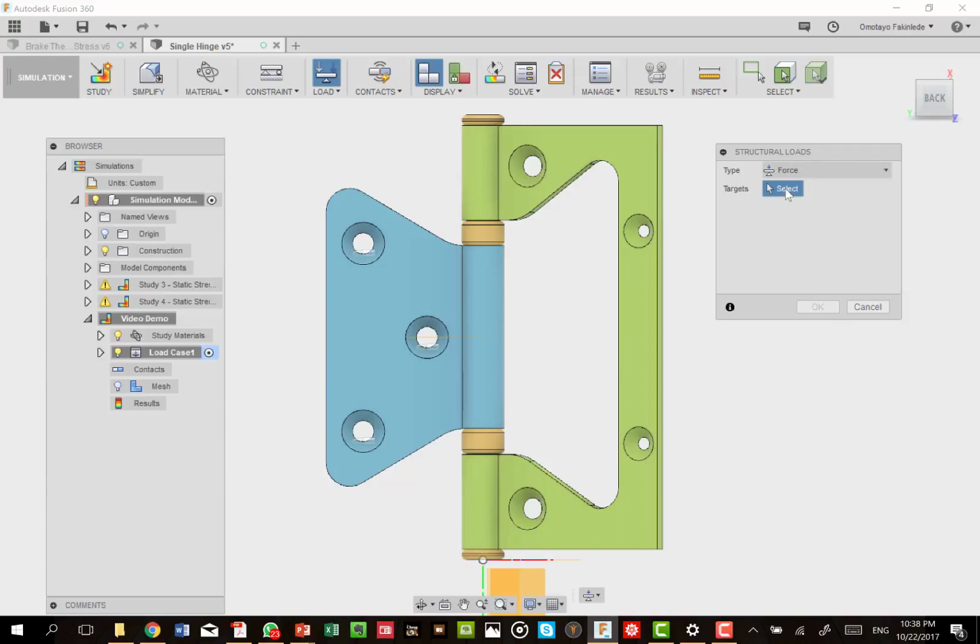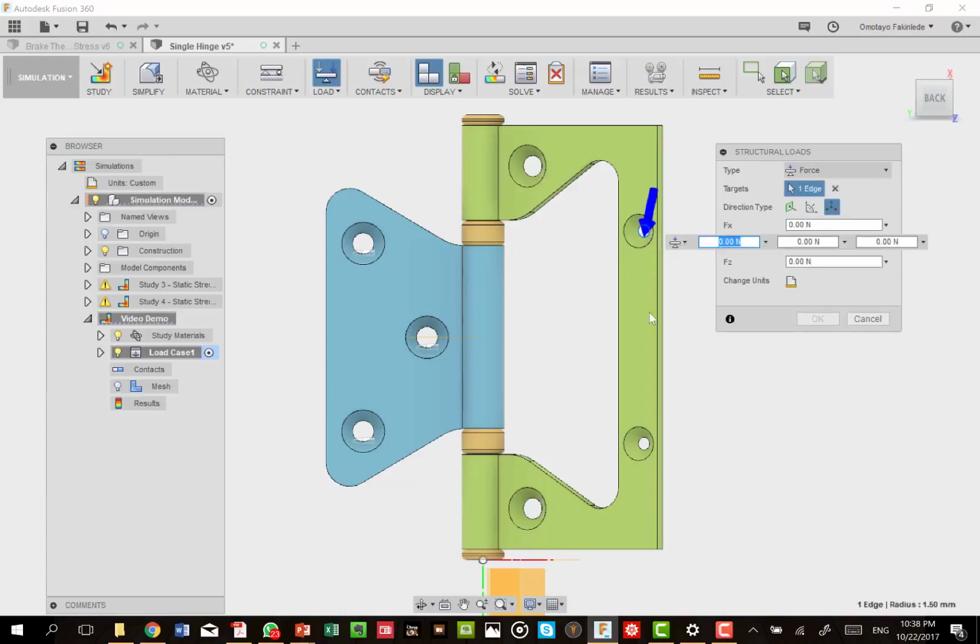If you select force, again, we have to select the targets. Now, we can select all these 4 screw holes because these are the things that will support the door, and this is where the force exerted by the door will be felt. So we might decide to select that, and that will be fair. But for simplicity, we're just going to look at these two, this one, and this one.